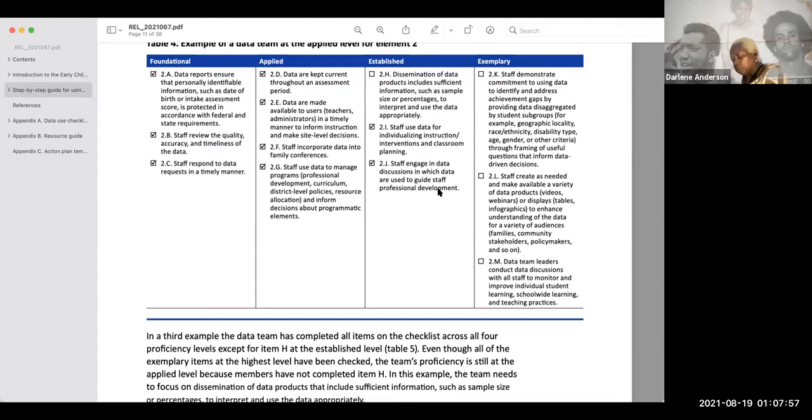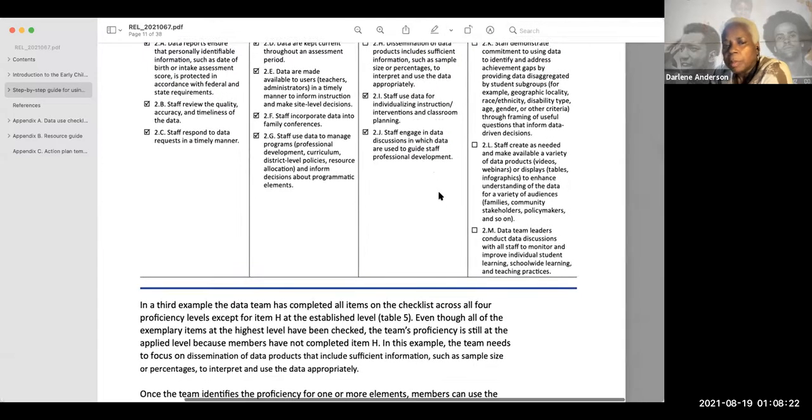Staff engage in data discussions in which data are used to guide staff professional development. 2.k. Staff demonstrate commitment to using data to identify and address achievement gaps by providing data disaggregated by student subgroups, for example, geographic locality, race, ethnicity, disability type, age, gender, or other criteria through framing of useful questions that inform